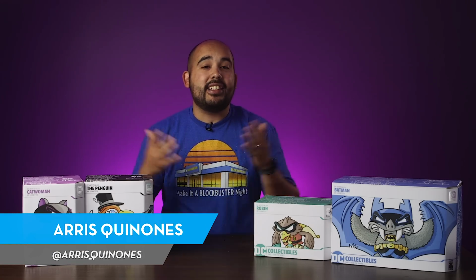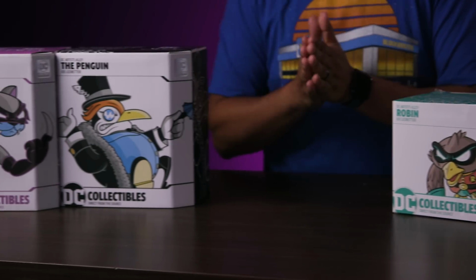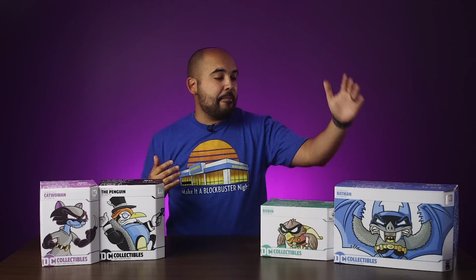What's up, everyone? Today we're going to take a look at some more collectibles, and today it's going to be DC themed, as DC Collectibles sent us a bunch of stuff to look at. First up, though, we have the Artist Alley line of statues. This particular line is made and designed by Joe Ledbetter. And as you can see to my left, we have Batman over here, Robin right here, Penguin right here, and